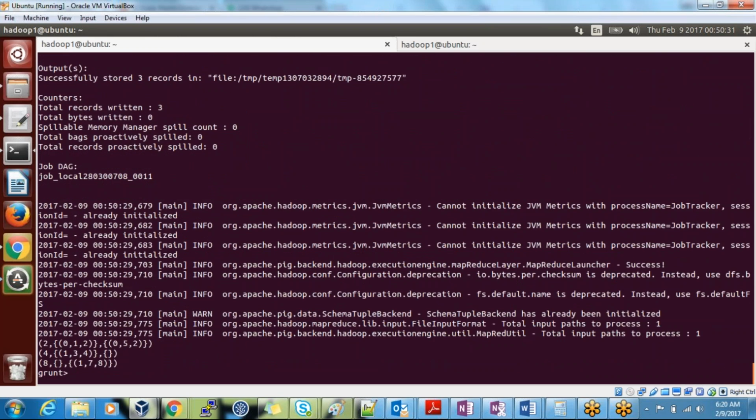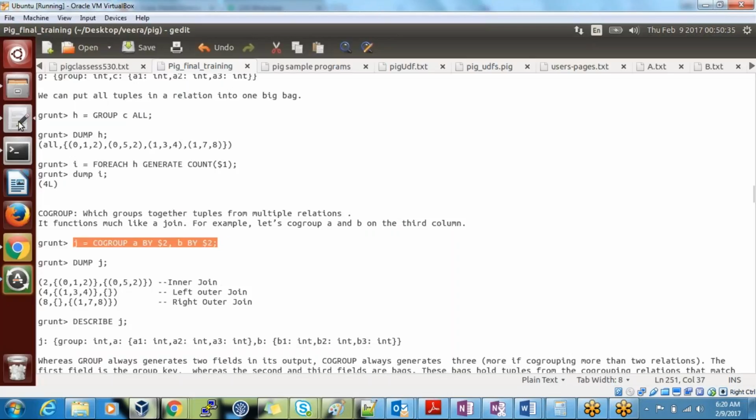If you look at the result, I am grouping by last column, right? In A the last column and in B also the last column. Whoever matched, both came.